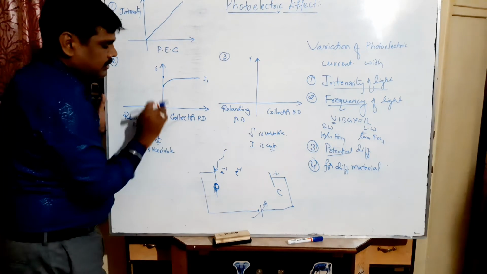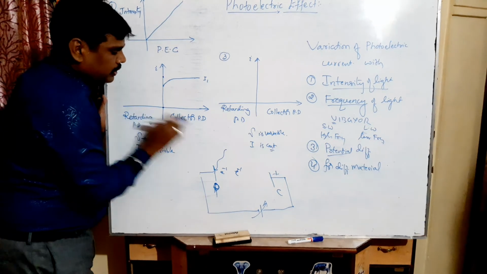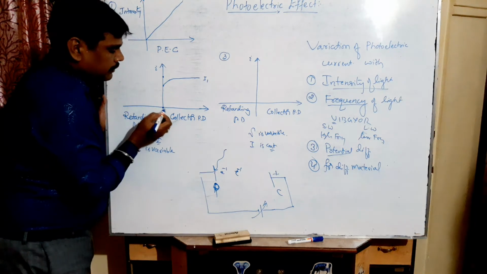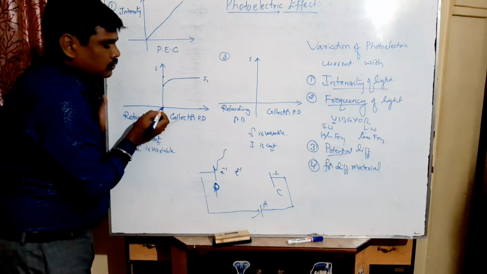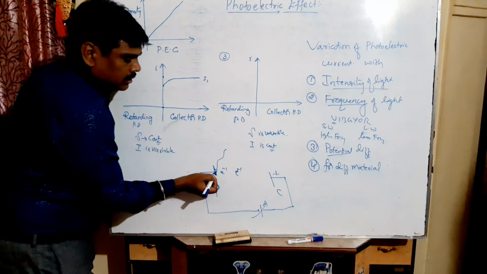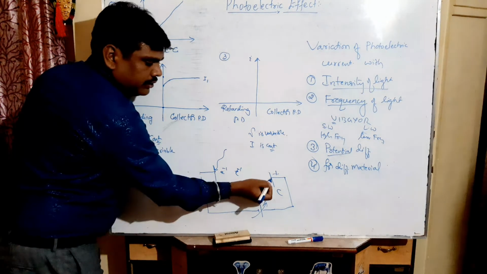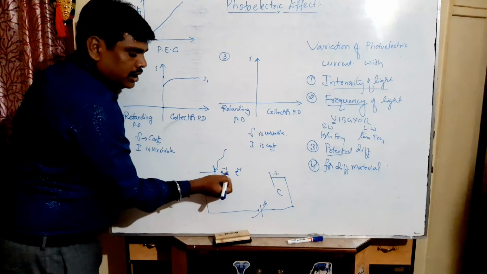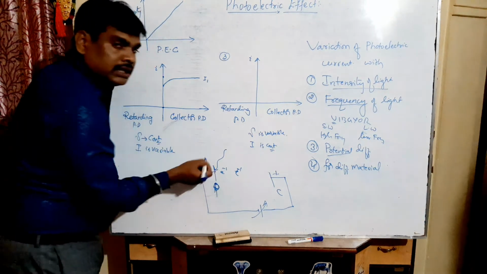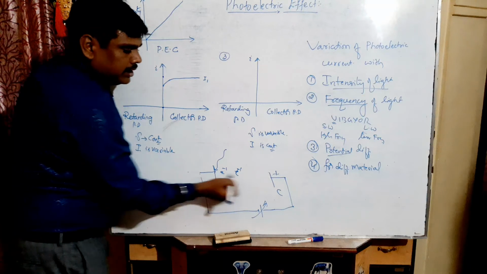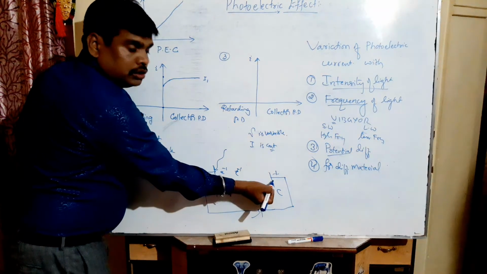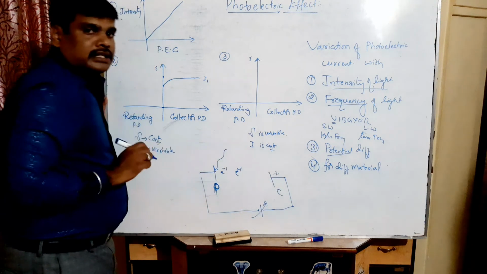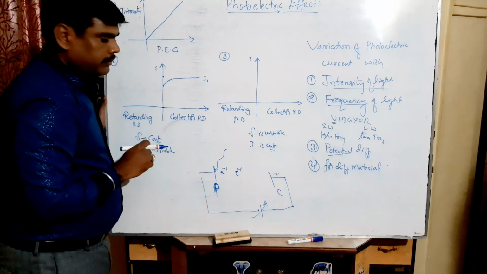That's why, if you increase the collector potential from 0 to the next value, at zero collector potential difference there is no zero current, because certain electrons have the ability to reach from here to here without external energy. But certain electrons are not able to move from here to here because their energy is not sufficient. To collect those electrons, we have to supply external energy as a potential difference.